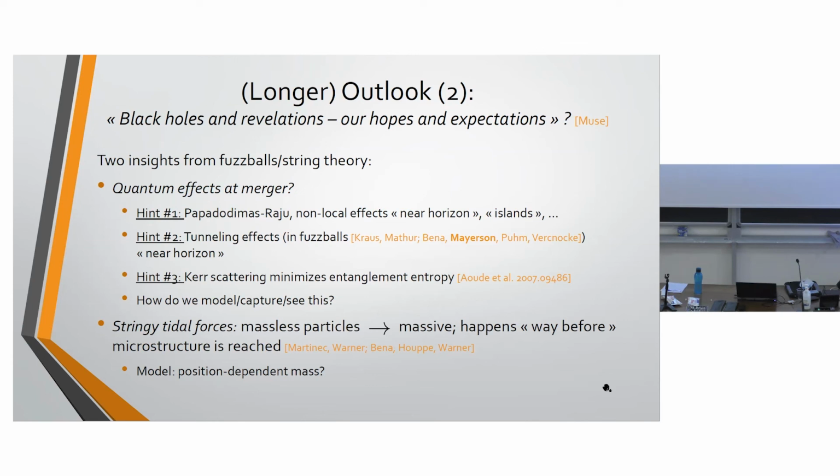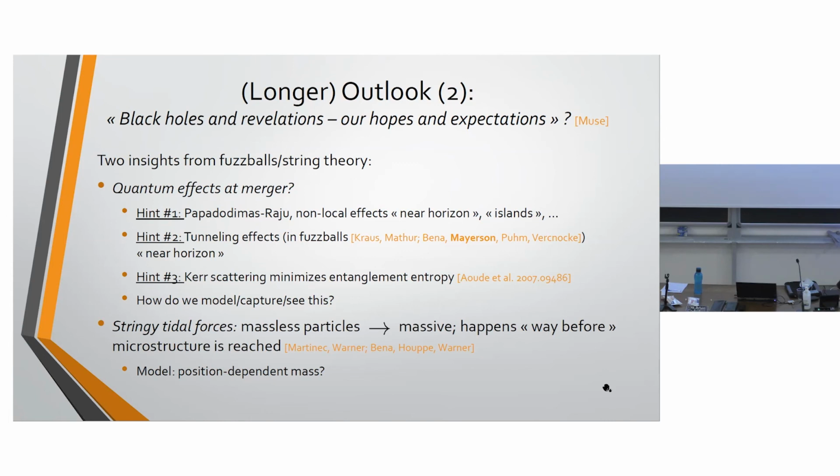There was this paper called Silence of Binary Kerr, right? Where what they do is they look at these particles that Rodolfo was talking about yesterday. They look at scattering of particles, and they look at the entanglement entropy that's generated in such a scattering. And they see that when you set these coefficients of the particles to be exactly those of Kerr, that's a minimum of the entanglement